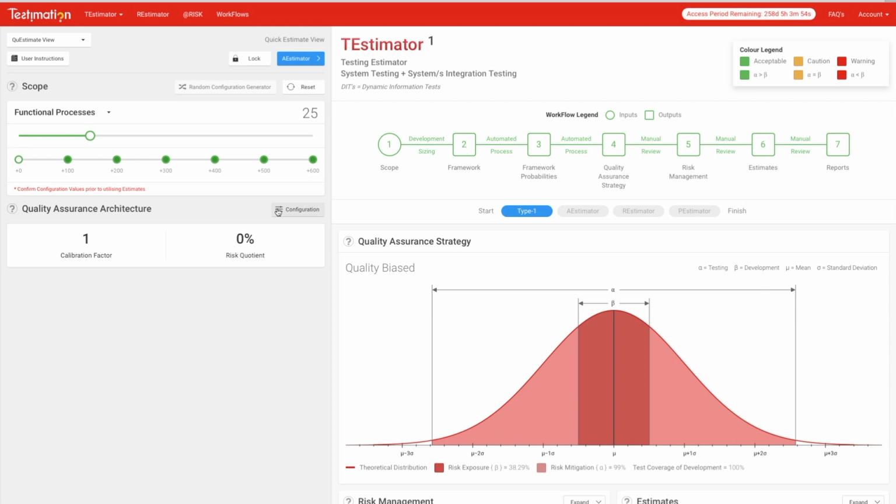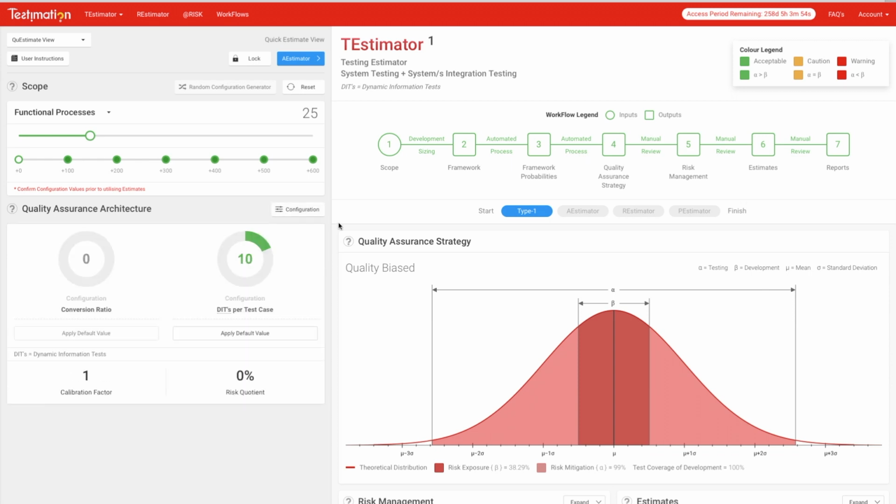Next, we click the configuration button to reveal 2 input dials. When functional processes are selected as the input type, the conversion ratio dial is inaccessible, so we do not need to worry about it. What we do need to consider is the DITS per test case input value. DITS is an acronym for Dynamic Information Tests, and represents any data field on the screen which can change. The average number of DITS that we can expect to check per test becomes known as the number of DITS